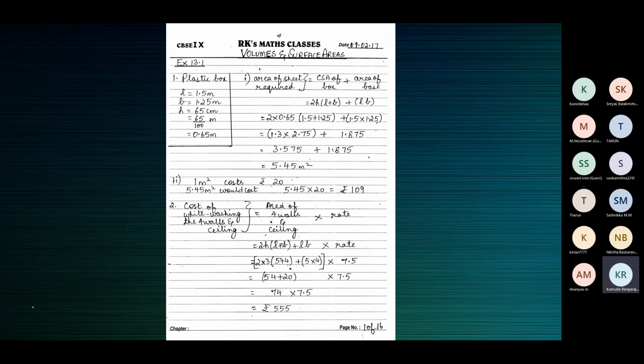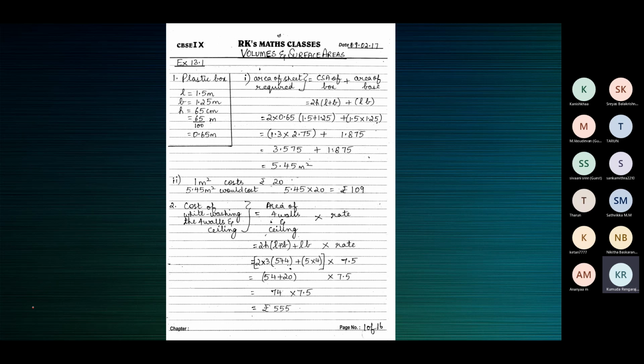So he's told you the rate. How much you have to spend depends on how much area you have to paint. So to find the cost, you'll have to find the area. It's like, to pay the fruit seller, you should decide how many kilograms of apples you need. Similarly, what will be my expenditure on whitewashing? What will be my cost of whitewashing?